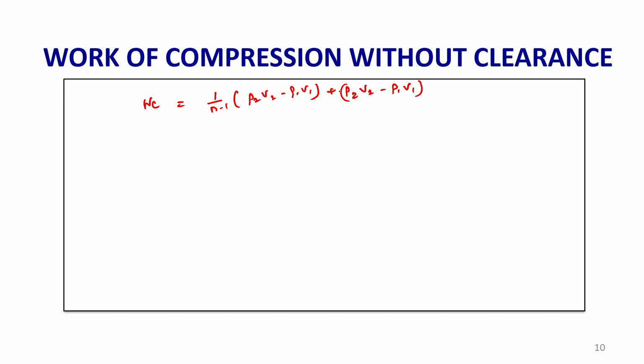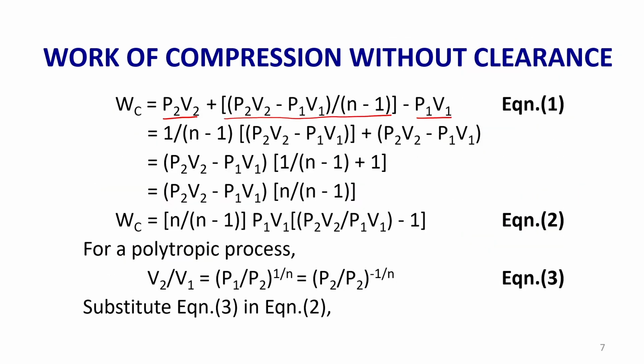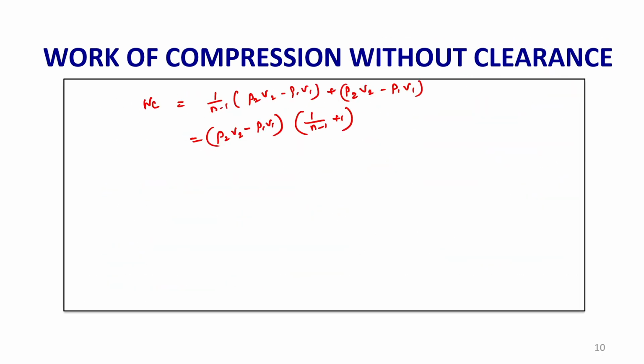P2 V2 minus P1 V1 is a common term. So, P2 V2 minus P1 V1 is a common term. Inside the bracket, 1 by n minus 1 plus 1. So, that is what I have written here, 1 by n minus 1 plus 1. Okay. So, take LCM. So, this is equal to P2 V2 minus P1 V1 into n minus 1,